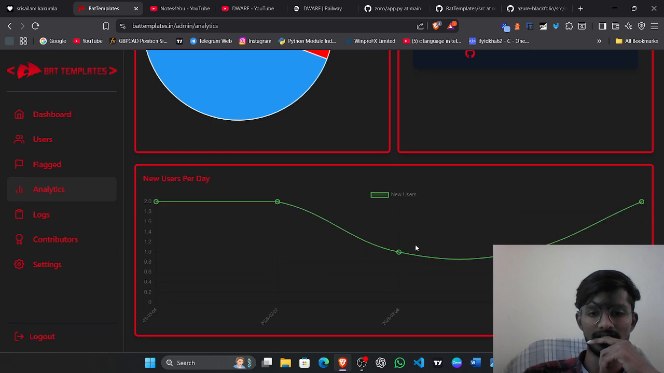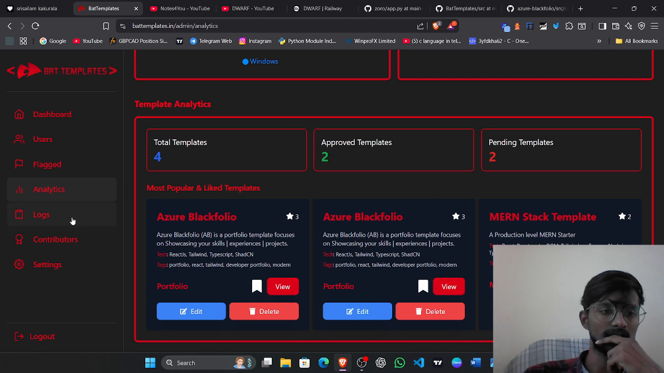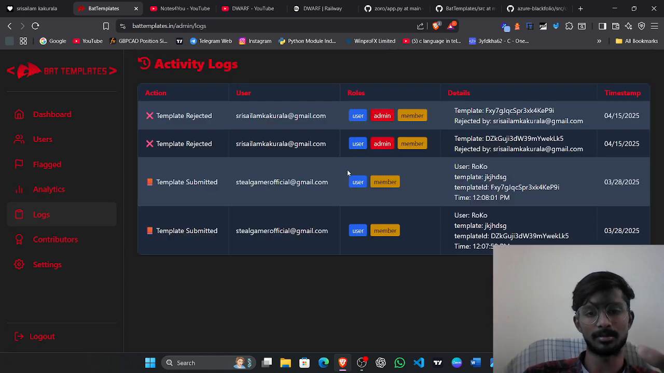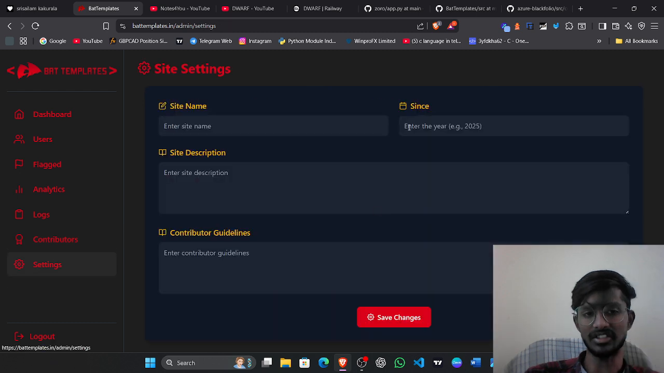Yes, all the data that we show for the members as well as admins, and these are the logs that are performed on this site by every member. If a user submitted, has contributed, submitted, or a member or admin rejected, approved, anything of high importance will be logged here, with the reference to what they did, their timestamps, and their roles, emails, and all that. And again, we have this contributors page here, and we have the settings page where we can change the